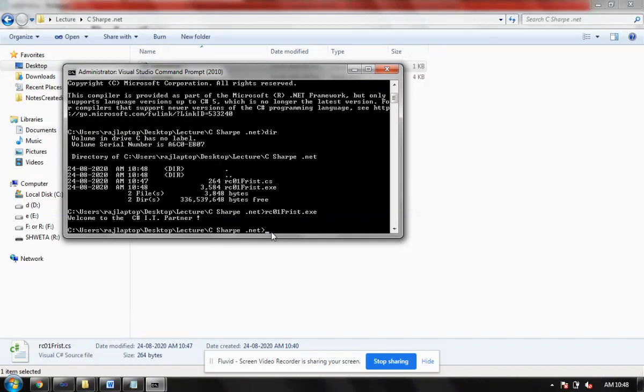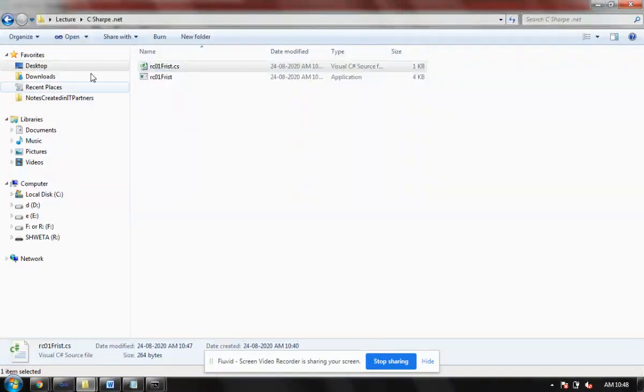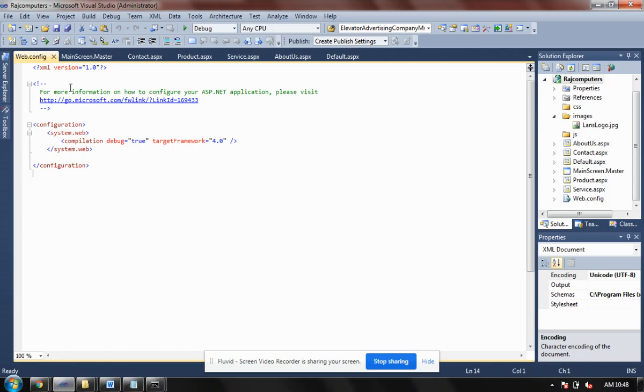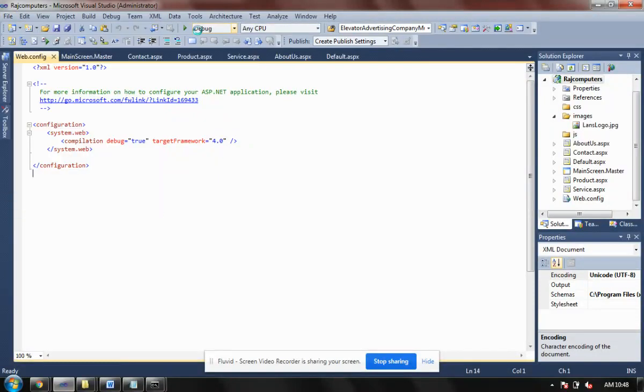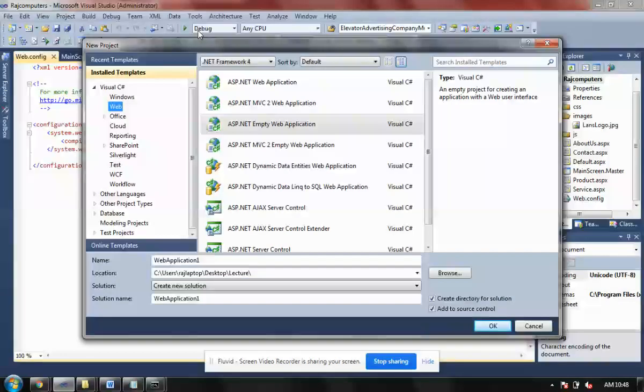After this, I want to explain the second stage. Is this the only way to compile your C sharp program? No, there is an editor available also. So I now choose Visual Studio. I click on this, say file, and new project. In this project, I prefer using console applications for practicing. If you are practicing C sharp, it's better to use a console application.